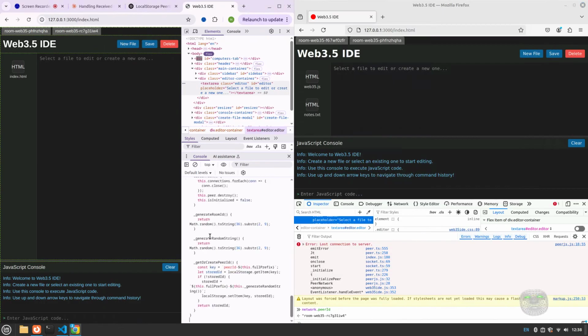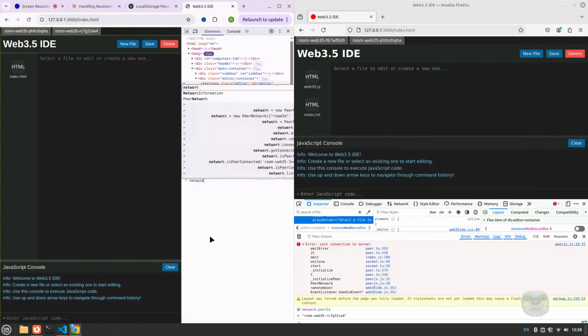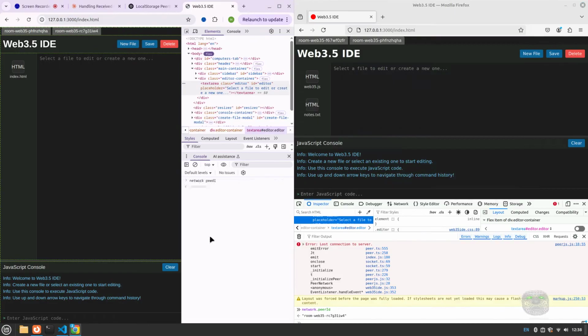Oh, network peer ID, because they are two different computers. I mean, simulated browsers. It ends with FR, right? Yeah. So the two clients are known. I don't have to change the string all the time. Afterwards, network